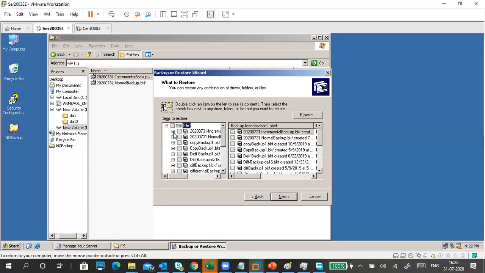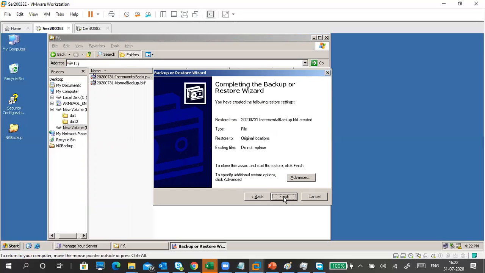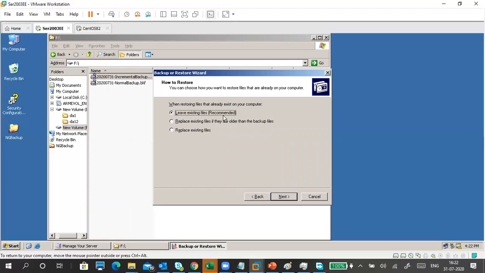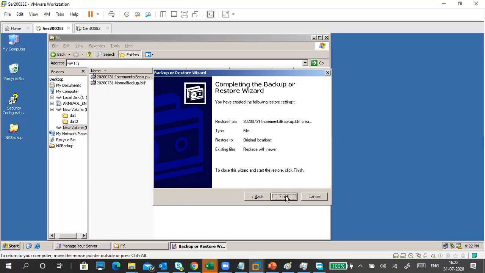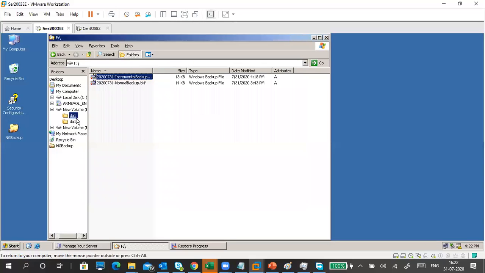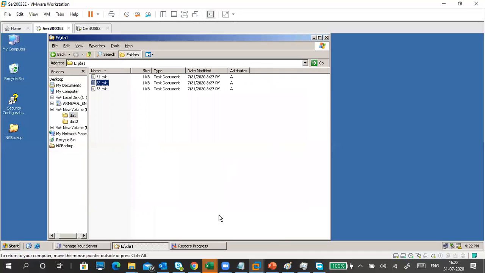It's not happening with the two files only, right? Original location, leave existing file or replace if it is a folder. Meanwhile, I want to check this file. This is F2 only, because it is from the normal backup.